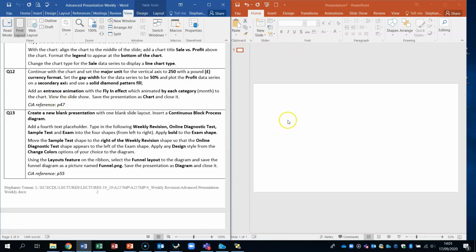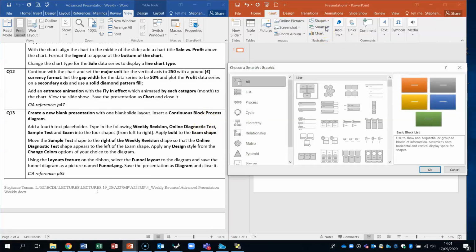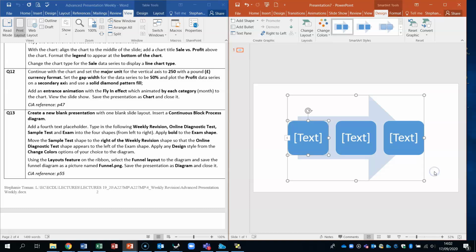Okay, so we're going to create a new presentation with a blank slide layout, which we've done, and we're going to insert a continuous block process diagram. So insert, SmartArt, it's a process, and then what we've got to do is find a continuous. Oh, there it is. You might have to hover on a few just to get the one they're asking for. So there's continuous, okay, and there it is. So it says to add a fourth